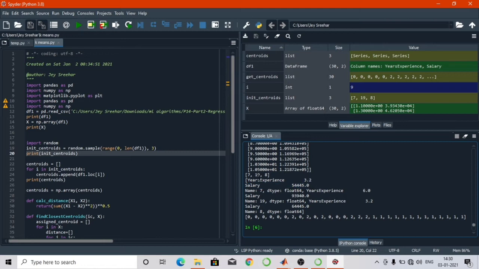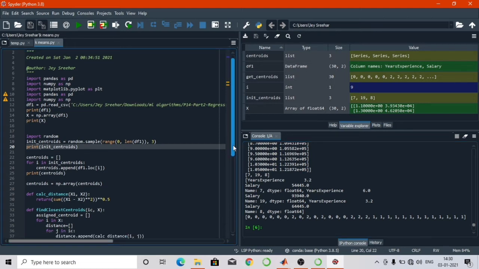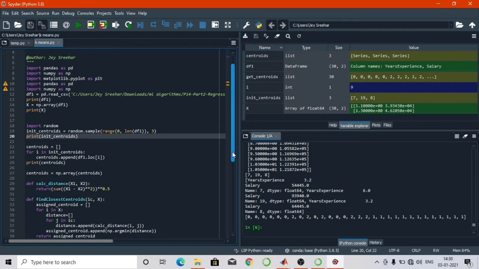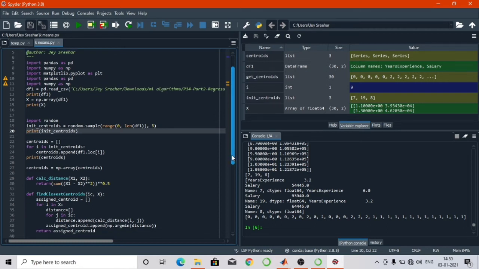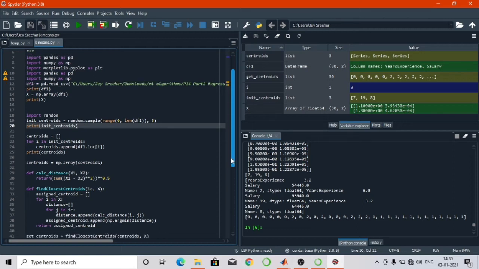Like that, the 19th and the 8th locations have their respective values, like 6.0, 9340 and 3.2, 6445. This is my random centroid location. By using the centroids only, I can classify my data points.